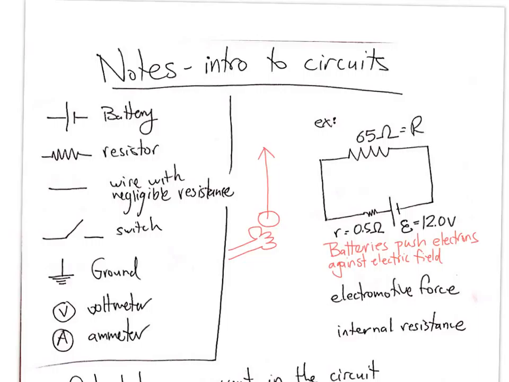All right. Introduction to circuits. So we're going to see circuit diagrams, and batteries are represented like this, resistors like this, and wires like this. These are the things that we'll mostly see. A switch is like this. So you see how if you rotated this down, you would then have a wire for the current to pass